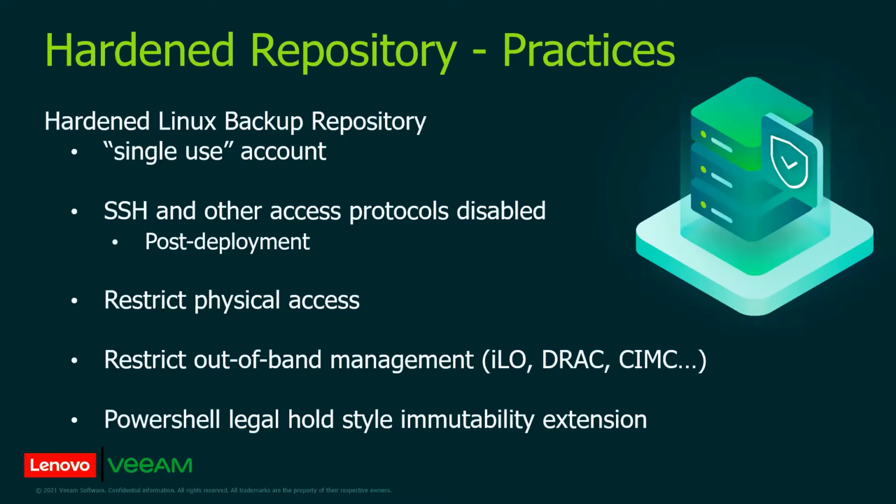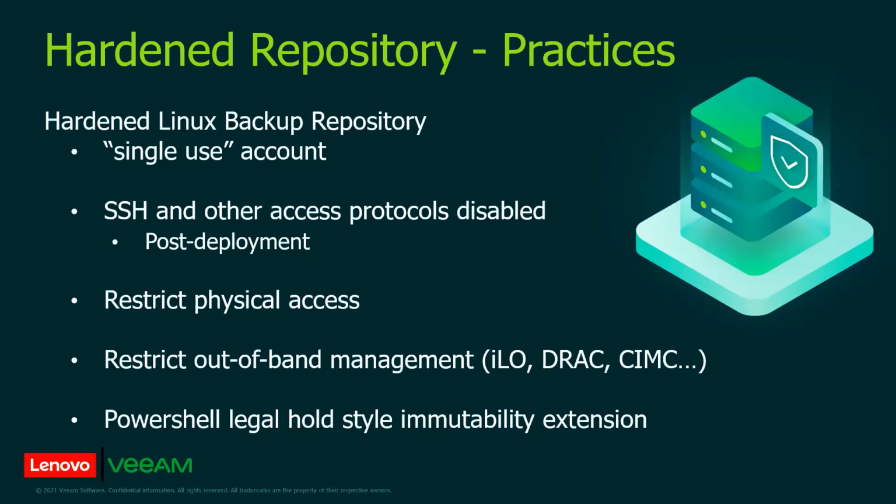Now, it does go without saying, if I can get root access to that host, root can do whatever it wants. So for instance, the Immutable root repository service runs as root, and root can change the immutability flags. So if you can get to the server and become root, then yes, you can change it. So we want to prevent that by locking down remote SSH and locking down physical access, to basically make the Hardened Linux repository